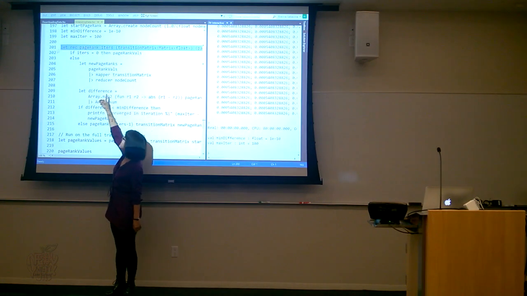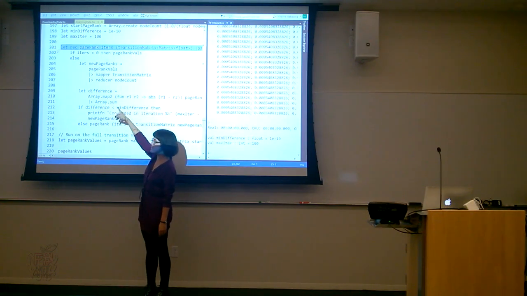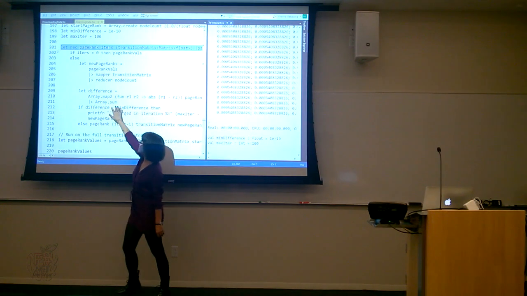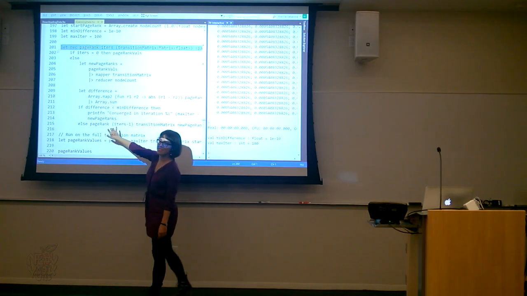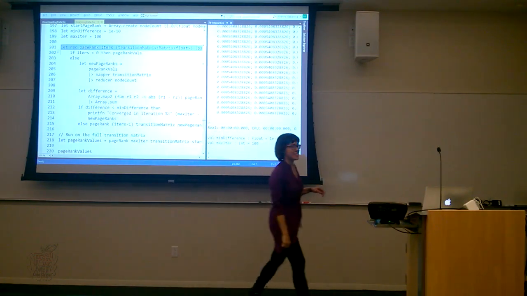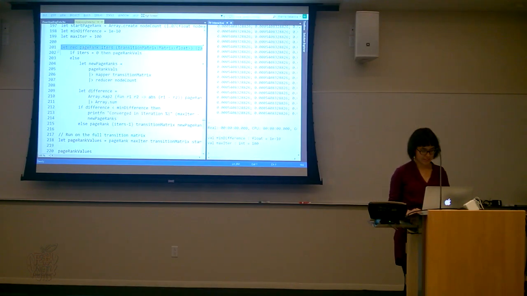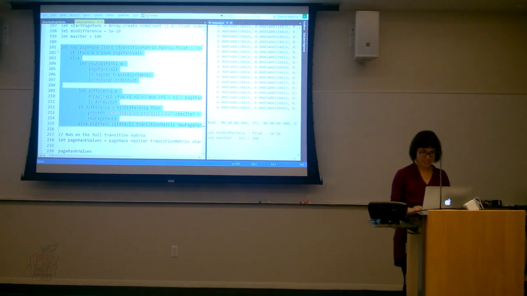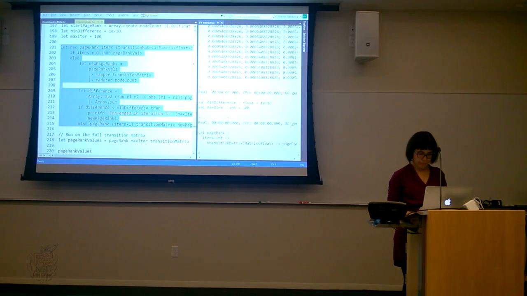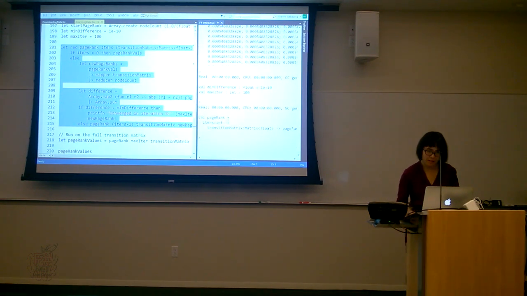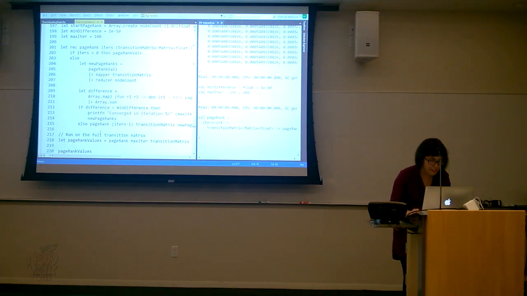I take the initial values, run the map function and then the reduce function, and this whole code is just looking at whether it converged or not. I'm not sure how long this will take. Yeah, I have to run the actual function as well.